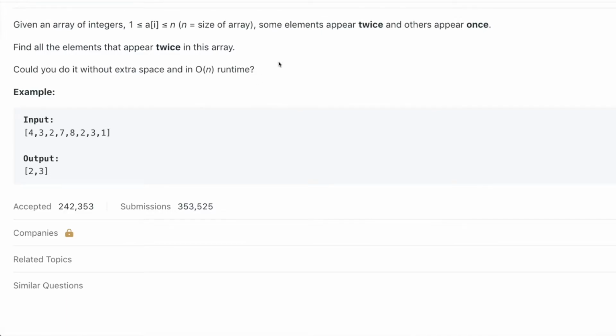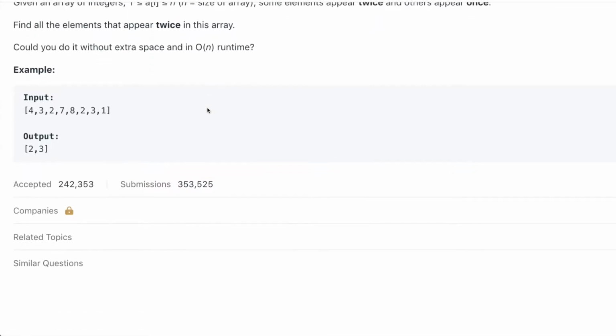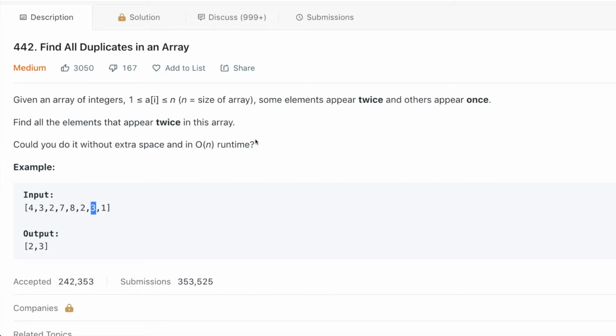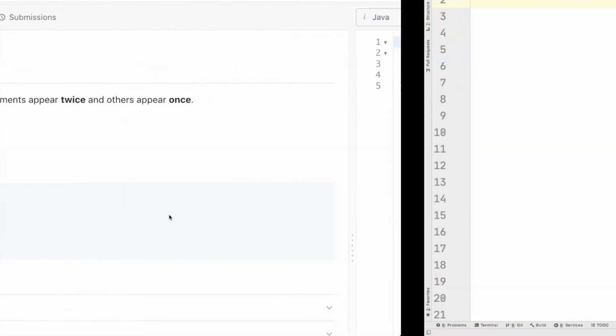So here you will be given an array of integers where you need to find those elements which appear twice. Here you will mostly get two types of elements, one which will appear only once and others which will appear twice. So our task is to find those elements which appear twice. For example, if you are given this array of integers, then the output would be 2 and 3, because these two numbers appear twice, right? First we will start with the very naive approach and then we'll see how we can get to an optimal solution. So let's go to the IntelliJ Scratch file where I'll show you the different approaches.